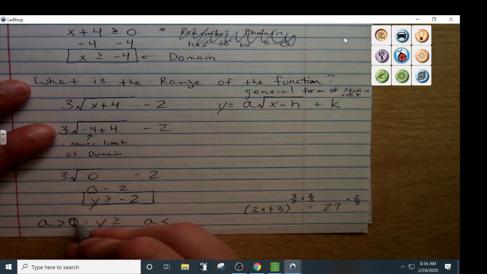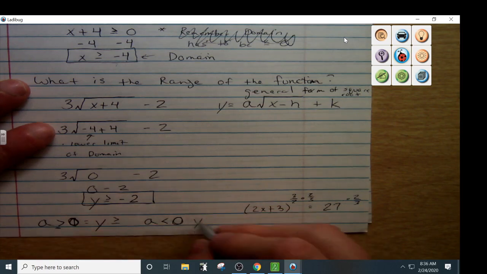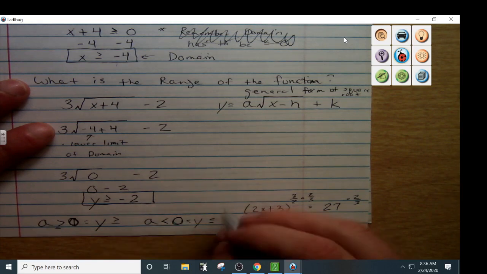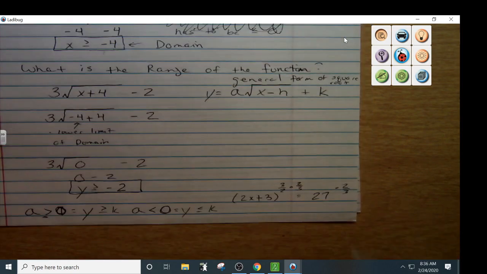If A is less than 0, it's going to be y values less than or equal to. Okay. So guys, if A is greater than or equal to 0, it's going to be y values greater than or equal to this number. If the A value is less than 0,